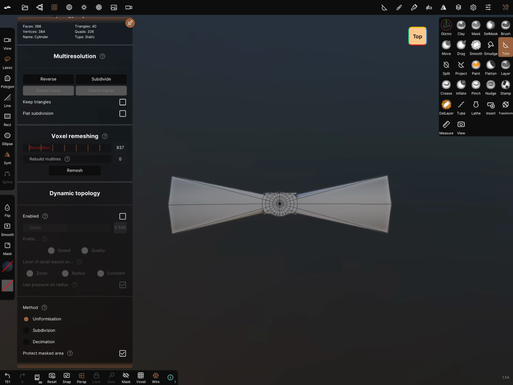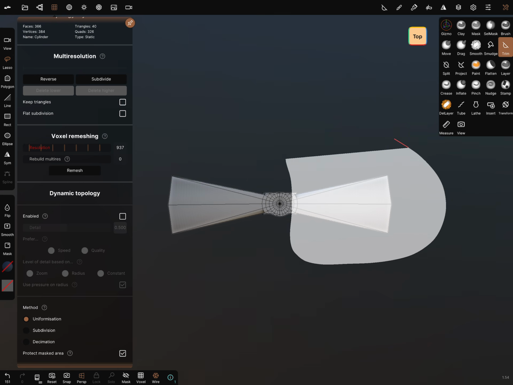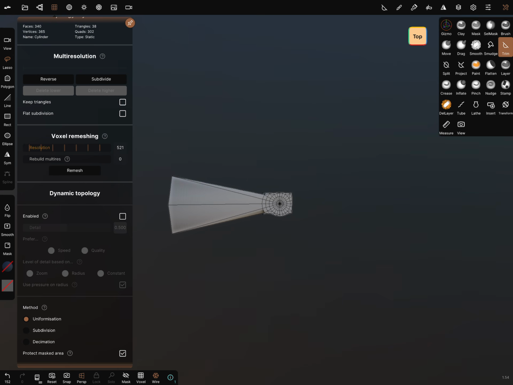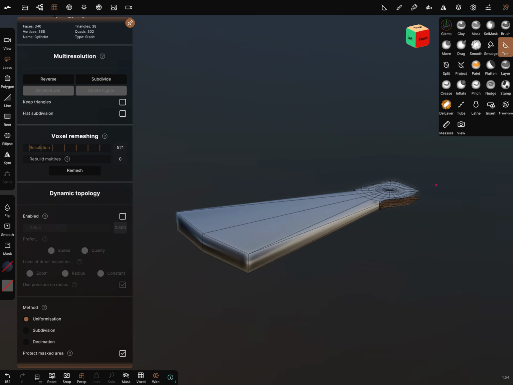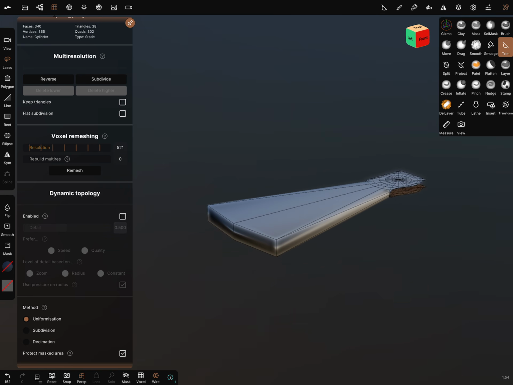We need only 1 blade. And turn the symmetry off and trim this away. And now we can adjust the blade.